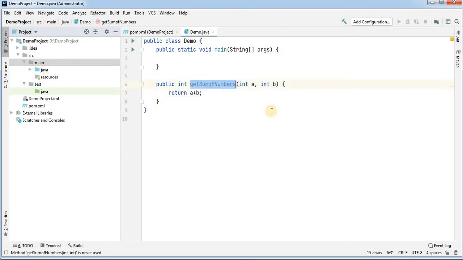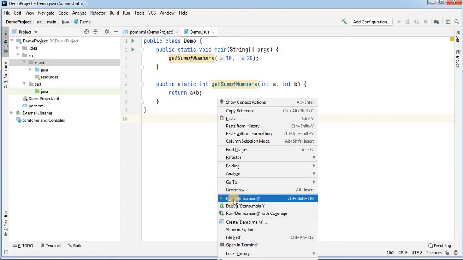Now if I want to test whether it is working or not, I will provide 10, 20. Why this error? Because this is an instance method. This will not be directly accessible in a static context. Make this method static. So it has to return the addition of two numbers. Let me run this program.